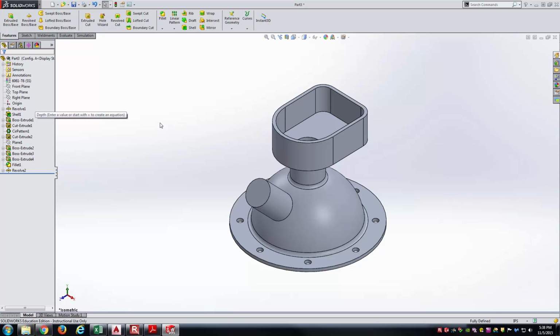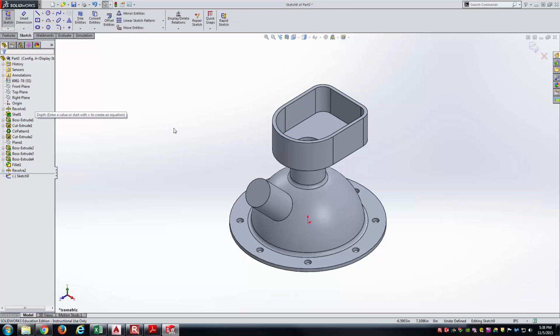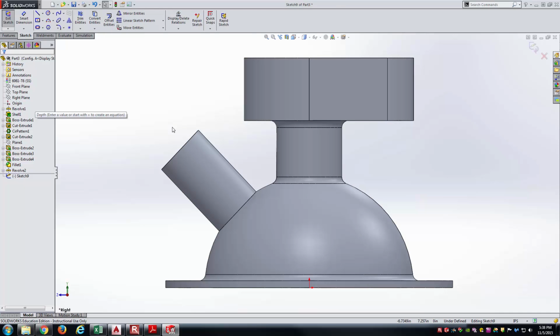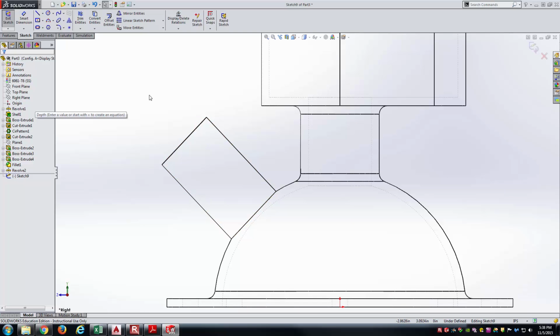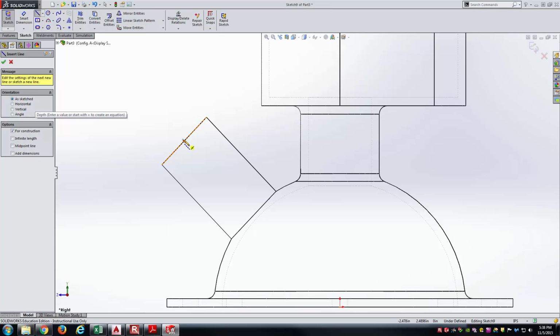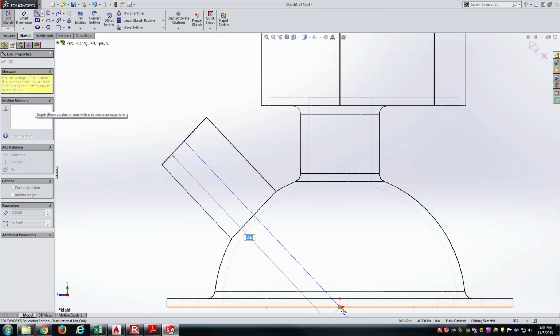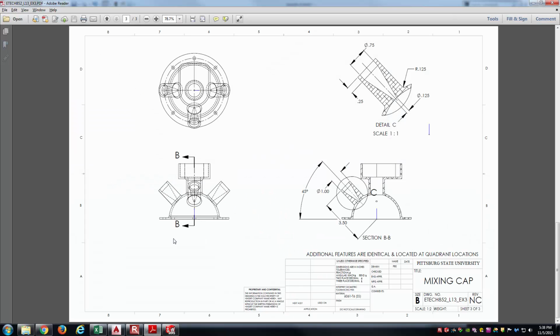So now I need to go back into the right plane and make my revolve cut. And so again, I'll sketch on the right plane. Again, I'm going to go back to showing the hidden lines. I'll start off with the same center line. Just going to snap to the midpoint of that edge to the origin. I'll still use convert entities. You can see in the detail here that this